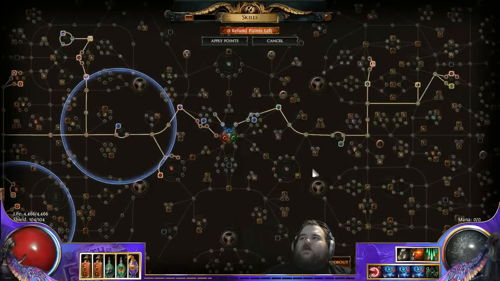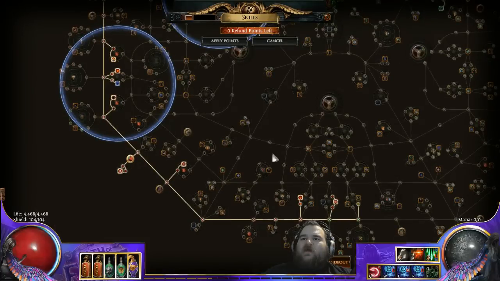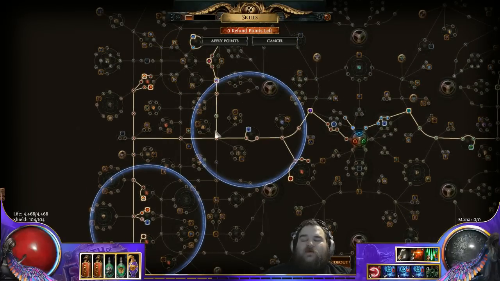Especially on a build like this where we're going to constantly have life that we can grab, even very, very late into the build, so we can always grab more life. So 3 skill points seems really reasonable for a 20% physical conversion into chaos, which then converts into additional poison